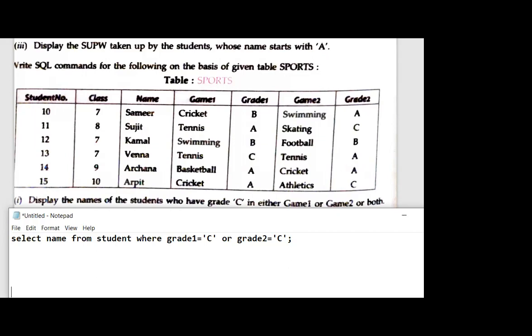Twinkle, correct. Prince, correct. Vanshika, correct. Karan, wrong. Karan, we are not having any query based on both.